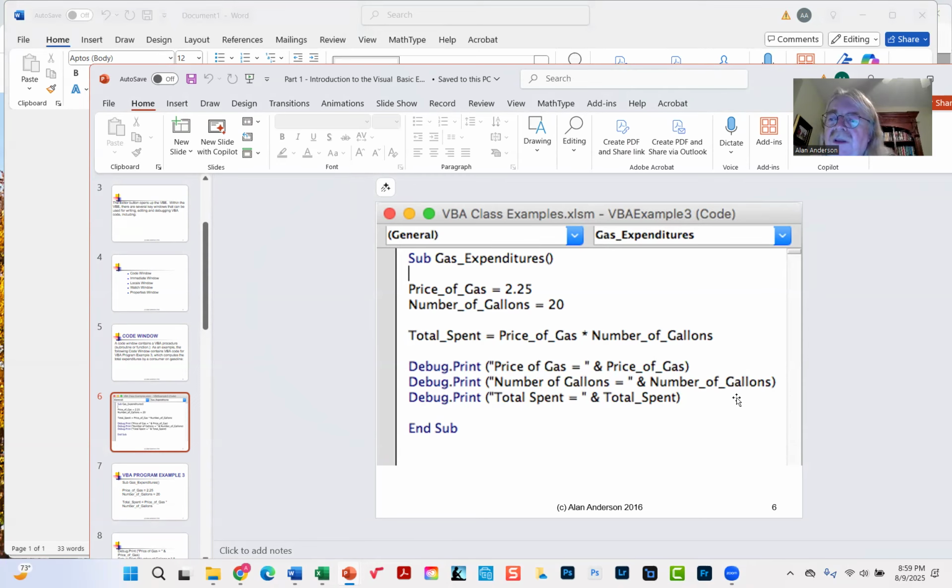So what we're going to do now is run this and see how it reacts. Okay, so let's come back here. And how do you run it, by the way? When it's a subroutine like that, what you're going to do is go to this list of macros and look for the one you want. And in this case, it was called gas expenditures. So what you have to do is choose that one. And if you hit run,